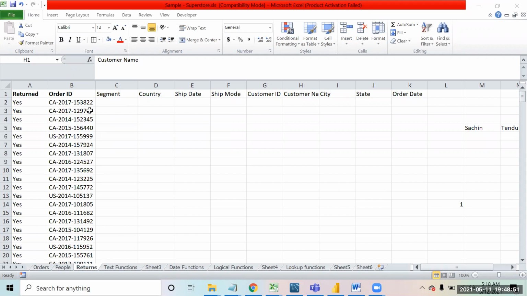Yep. Are you able to think of how you can achieve this? So you'll have to use VLOOKUP and MATCH together. How will you use it so that the formulas can become dynamic?